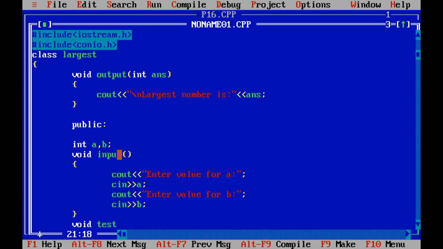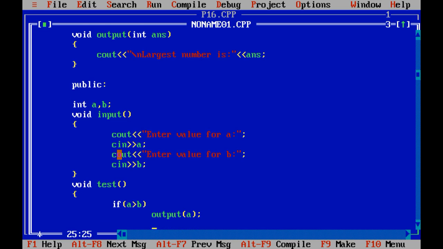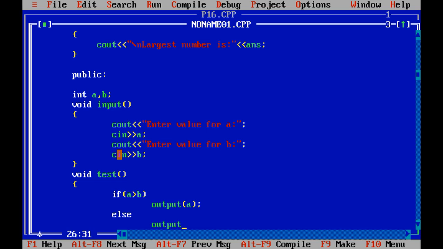Void test. Test is a method through which I can apply the logic to find the maximum of two values. If a is greater than b, I want to call the output function by passing the value of a, otherwise I want to call the output function by passing the value of b.